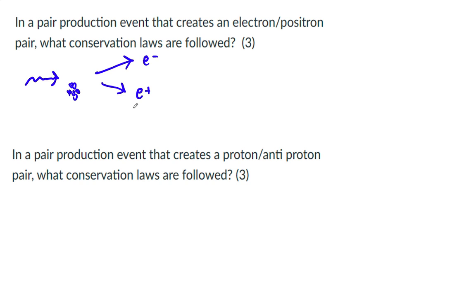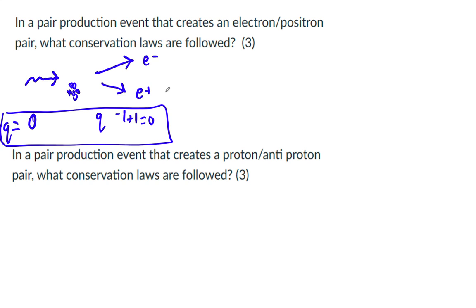Well, the first thing that's conserved is charge. This is 0 charge, and this is 0 net charge, right? -1 + 1 is 0. So charge is conserved. That's the first law. The second one is mass energy. In fact, this is how we solve these problems. If this is 3 MeV, then the equation looks like this: 3 MeV turns into 2 electrons, so 2 times 0.511 plus 2 kinetic energies. So energy is conserved. And then the other thing that's conserved is lepton number.